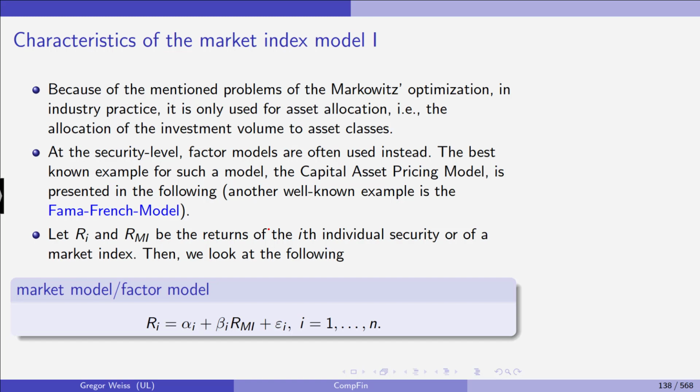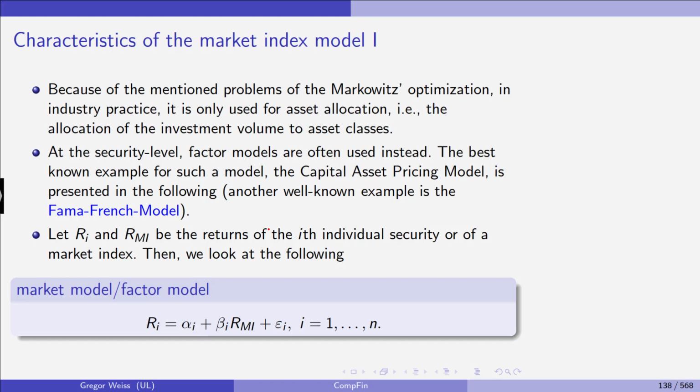At the security level, however, we are using factor models. And the best known example for such a factor model is the capital asset pricing model of Sharpe, Lintner and Treynor. And another well-known example is the Fama-French or Fama-French-Carhart model. Those are two variants. I'll come back to those later,